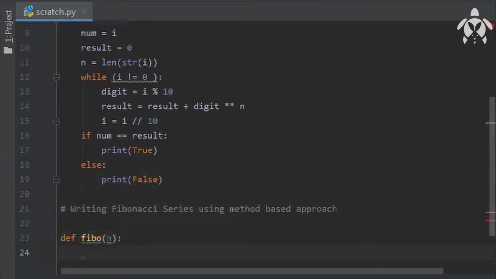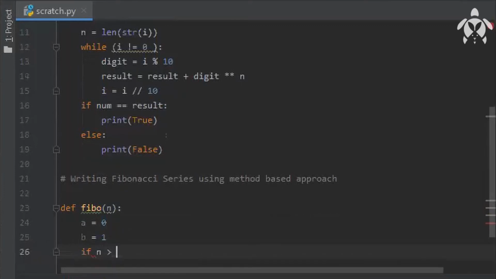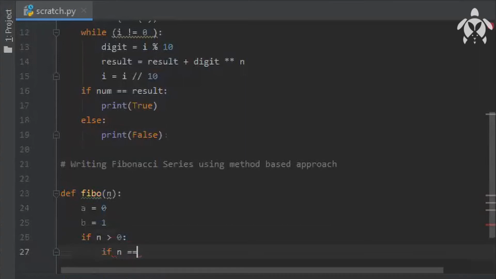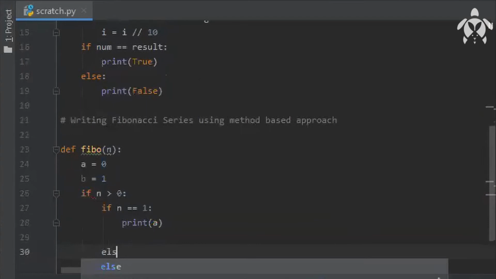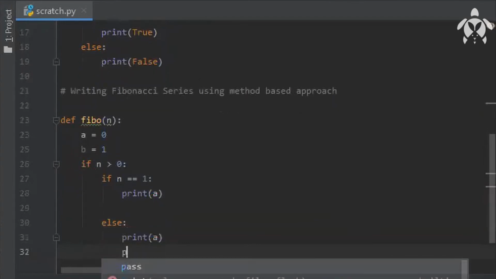Now I'll initialize my numbers: a is equal to 0 and b is equal to 1. If the n value is greater than 0, again I'll take a condition. If n value is equal to 1, then print a. Else print a and print b.